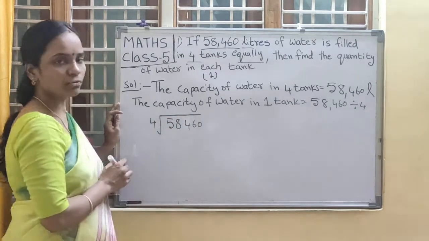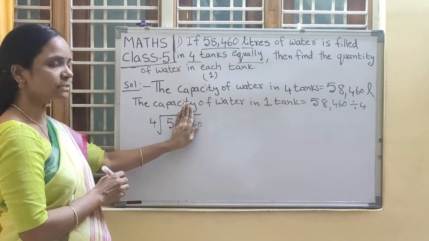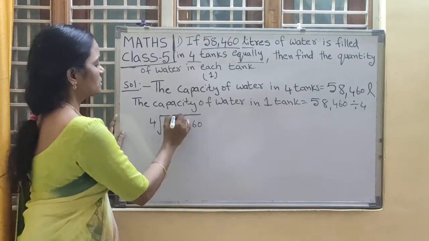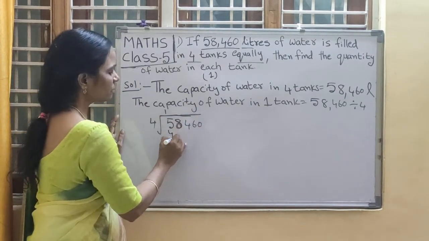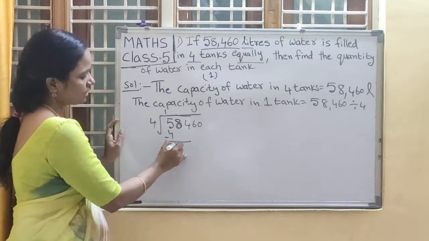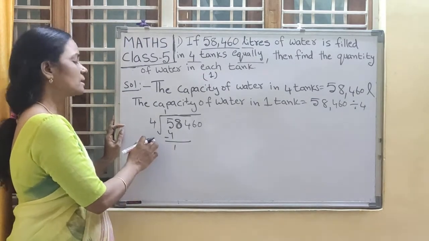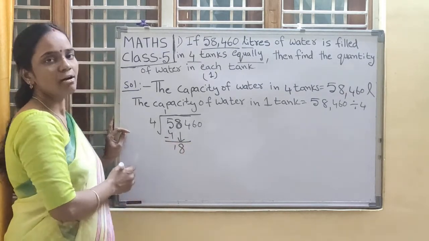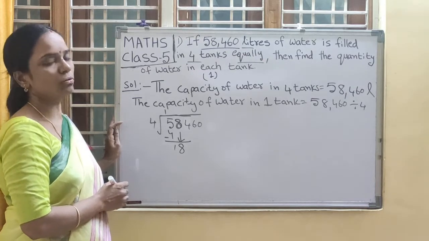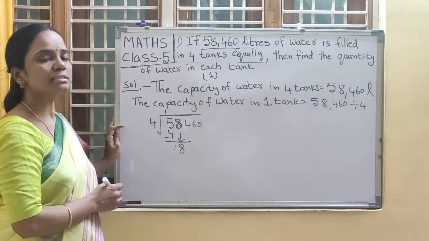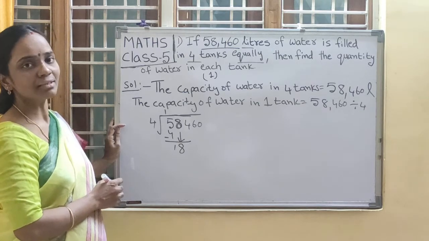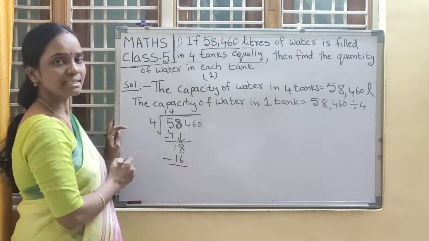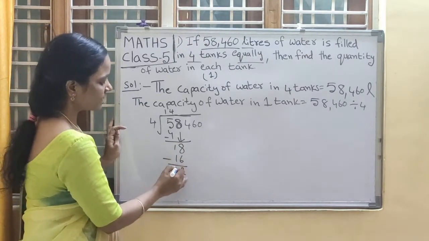With the 4 table. First I am taking the last digit 5 because 5 is greater than 4. So 4 divides the 5. How many times? 4 1 ja 4. Now 5 minus 4 is 1. 1 is a smaller number, which means 4 will not divide 1. So bring down the next number, that is 8. 18. In the 4 table, will you get 18 directly? No. Then we have to take its nearest smaller number. 4 5s are 20, 4 4s are 16. So 4 4s are 16. Now 18 minus 16, how much? 2.